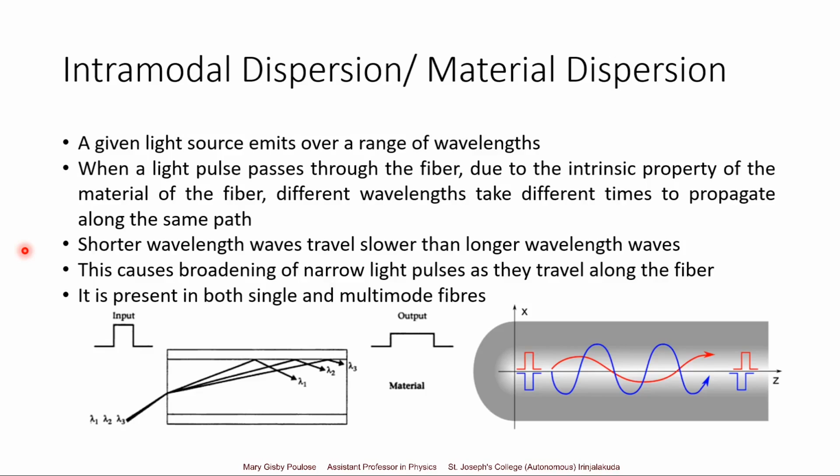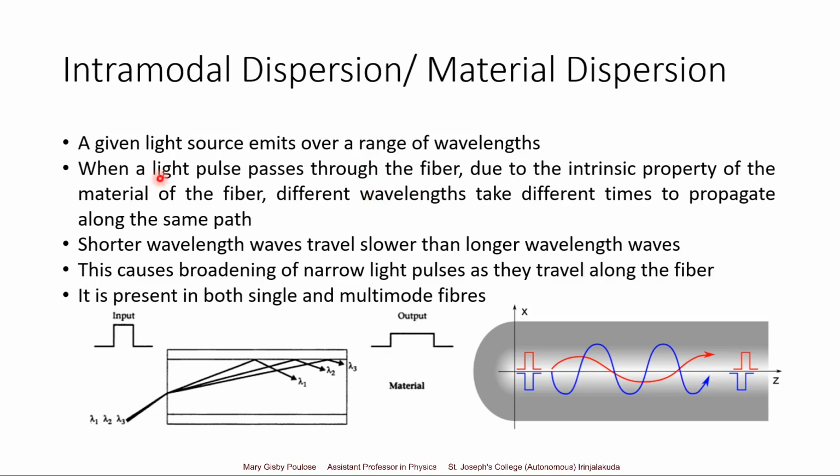The next type of dispersion is intramodal dispersion, also called material dispersion. Now, a given light source emits over a range of wavelengths. So if I have a light source at 550 nanometer green light, it will contain wavelengths from 500 nanometers to 600 nanometers, most probably. Okay, it need not be very narrow. So when this light pulse passes through the fiber,